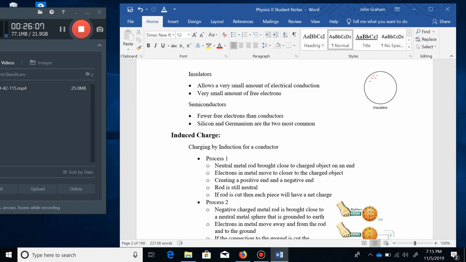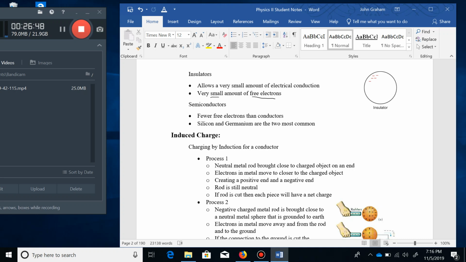For an insulator, this allows a very small amount of electrical conduction. They're not perfect. And same thing with heat. Heat will get through, or I should say get lost with an insulator. Electricity can be conducted, it's very poor for conduction. And so there are very small amounts of free electrons for an insulator. There may be a few, and if there are